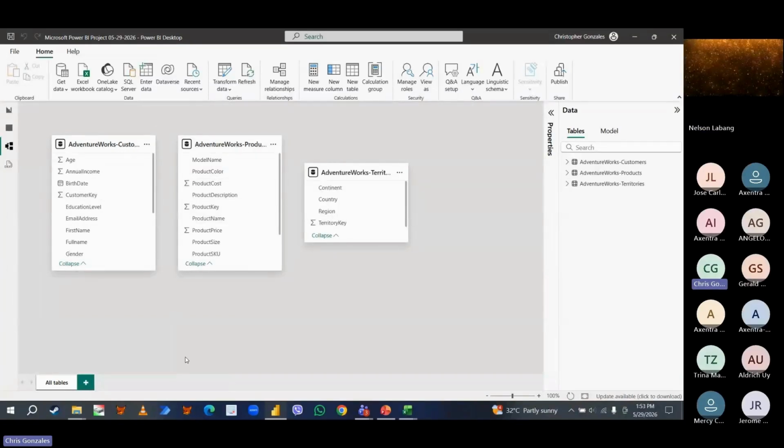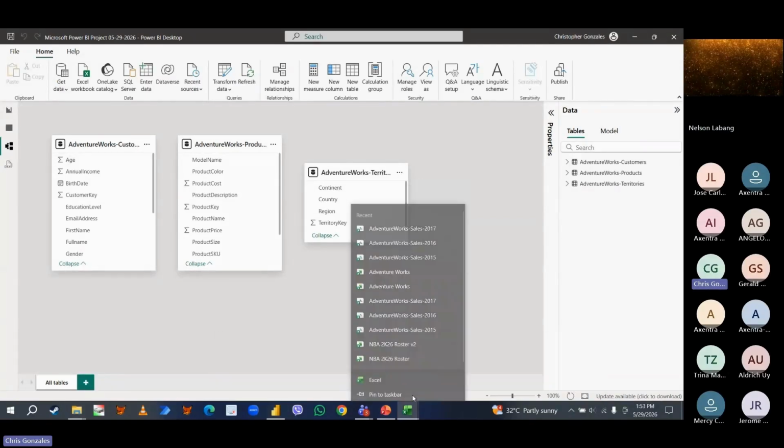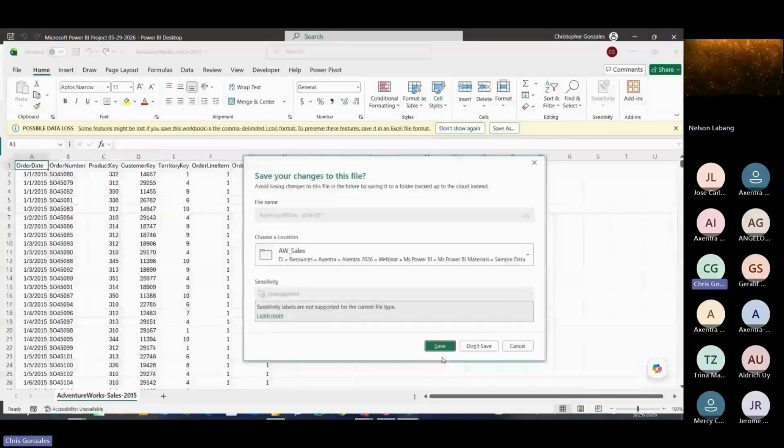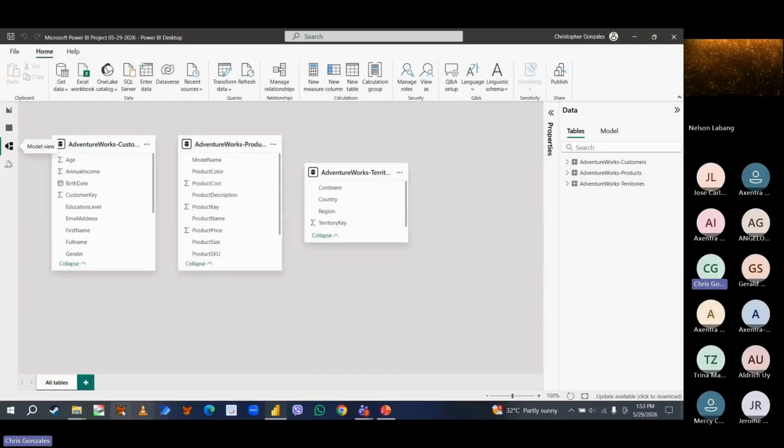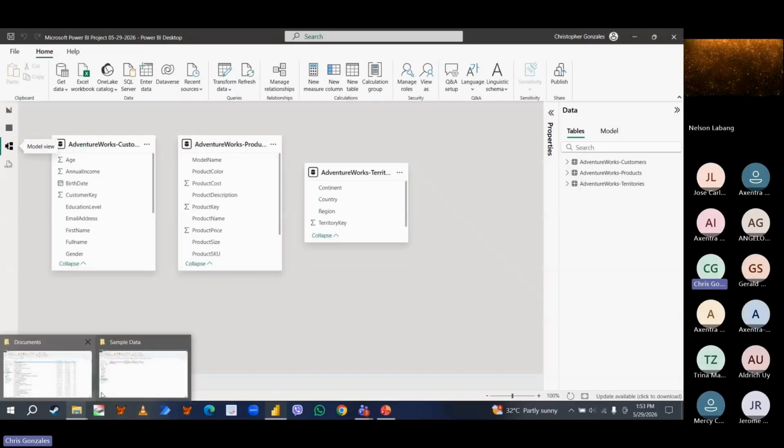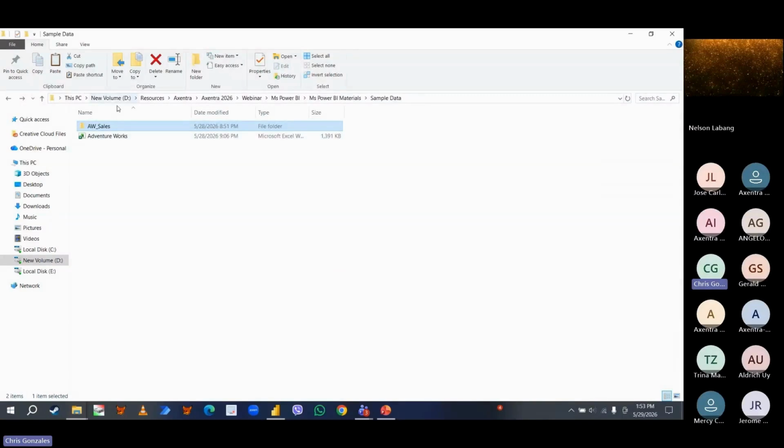Okay, now for the last data set I would like to import before we visualize. Let me close this for a while. I will import the folder data as mentioned earlier, AW sales.